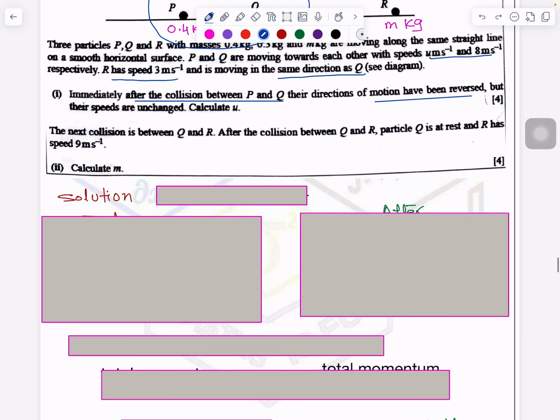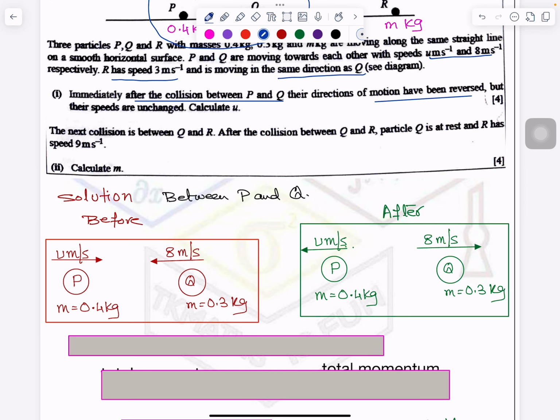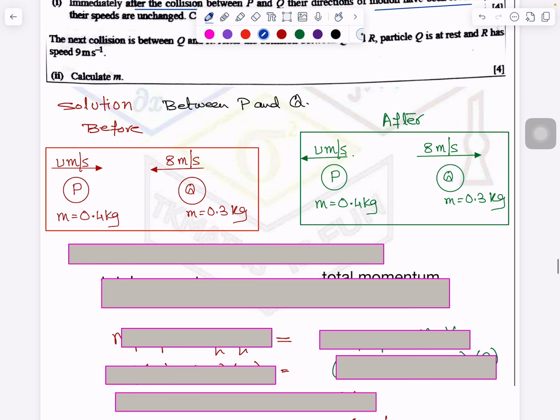So we know from the law of conservation of linear momentum, we are talking about P and Q. Because I have separated the diagram for both situations, before and after, exactly as explained here, it is good practice. I feel comfortable that I do not make mistakes. So I have written the masses, speeds and directions.